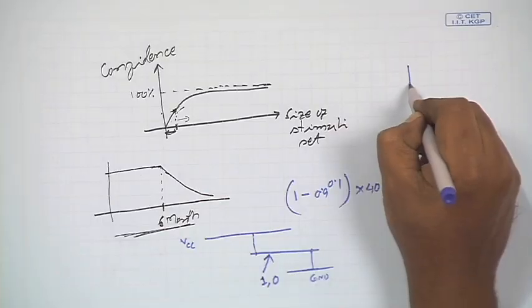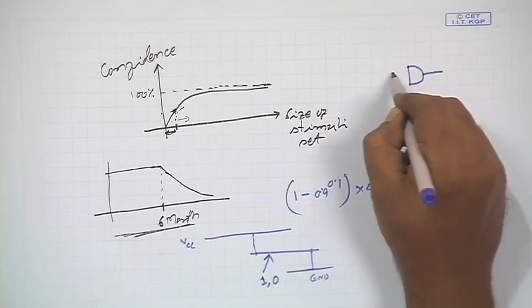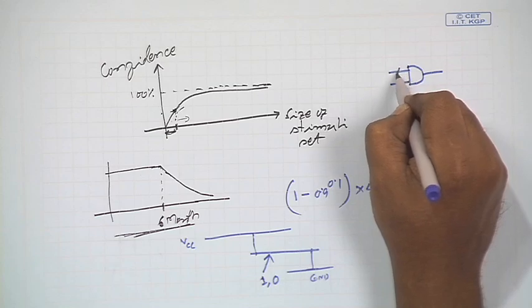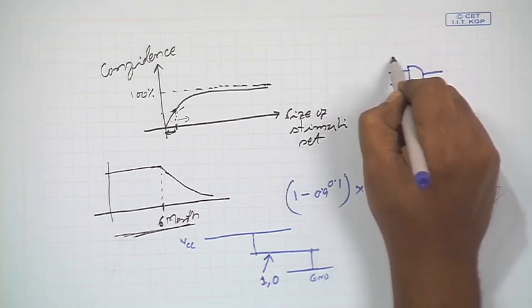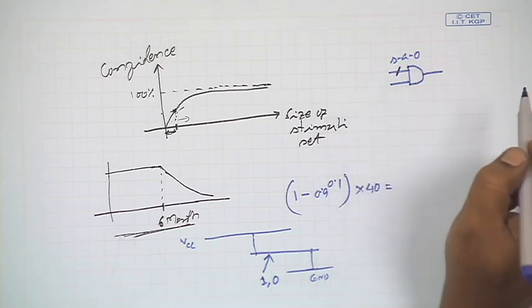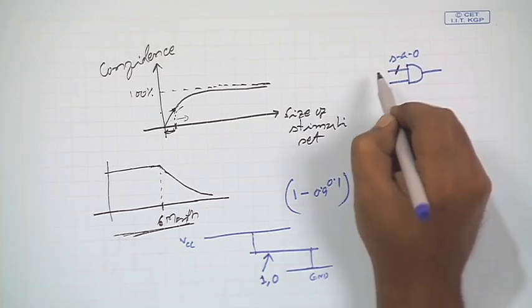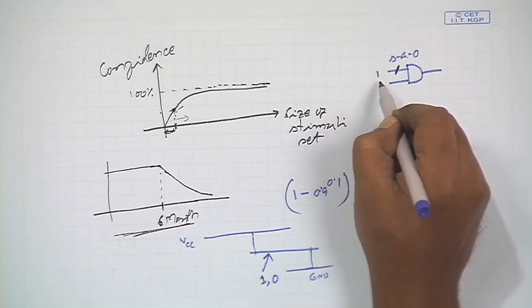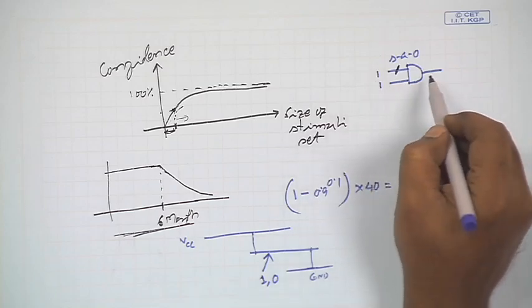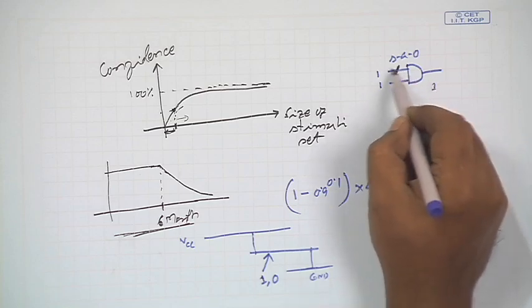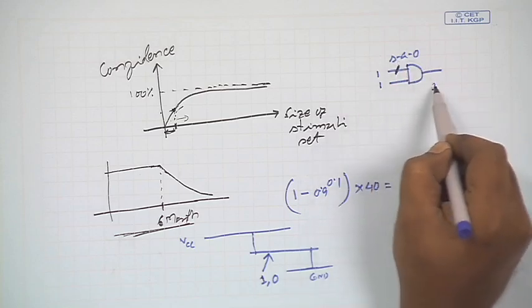Say I have an AND gate, and I want to check whether this line is stuck at 0 or not. I will apply the pattern 1 1 and see the output. If at the output I get a 1, I know that this line is not stuck at 0. But if I get a 0,